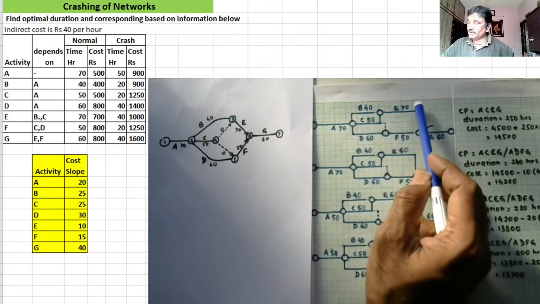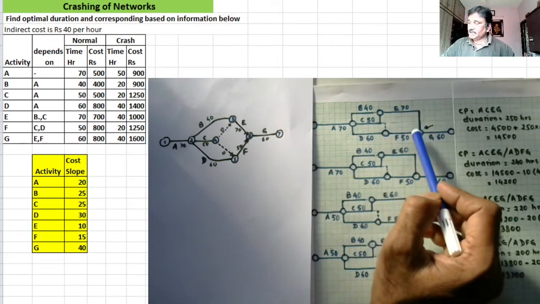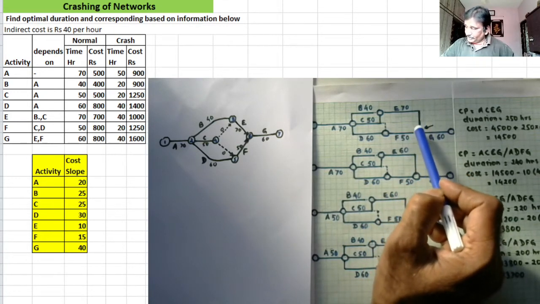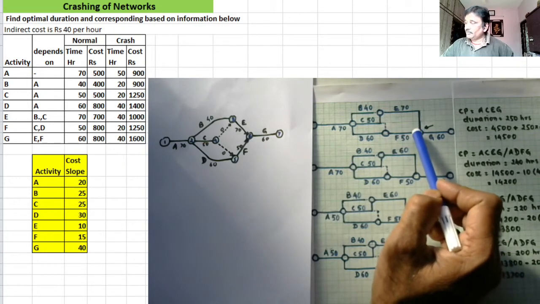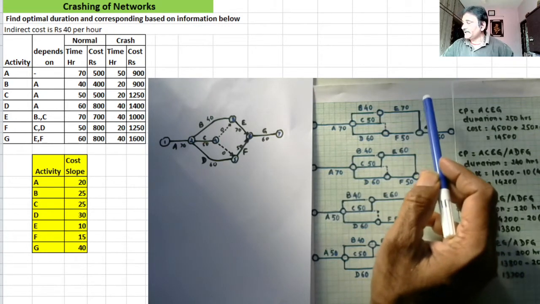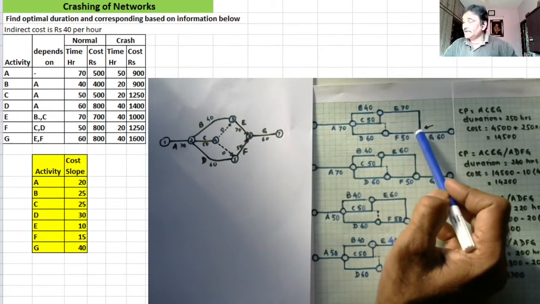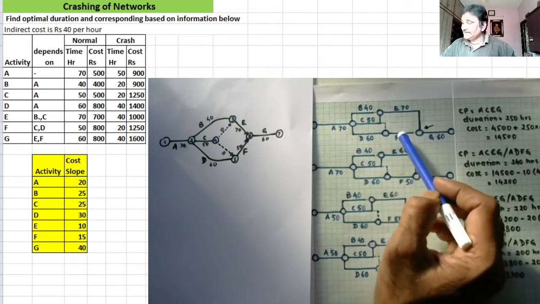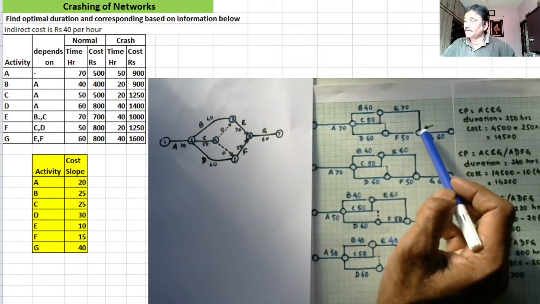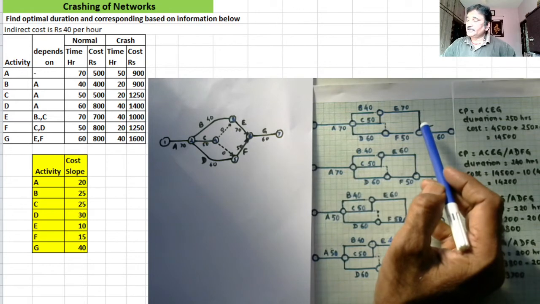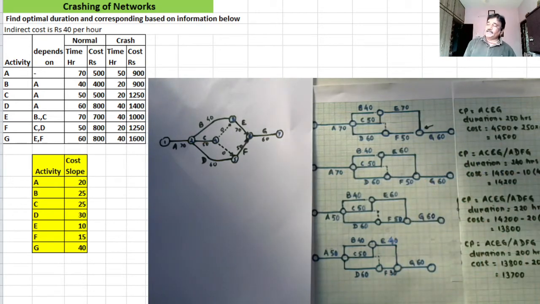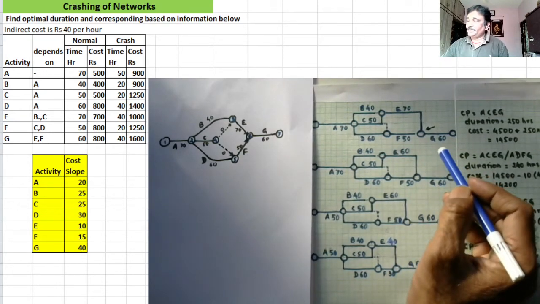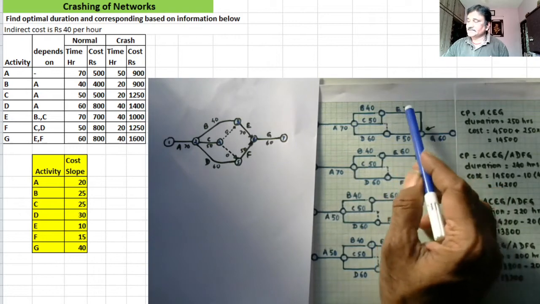Here so far we have covered 190 hours, and activity F would have completed well ahead, by 180 hours, right? There is a slack. There will again be a slack of 10 hours, because activity E and F will be joining at a point which is signifying completion of the later completing activity. The later completing activity is E.